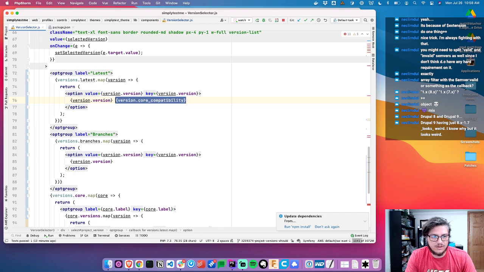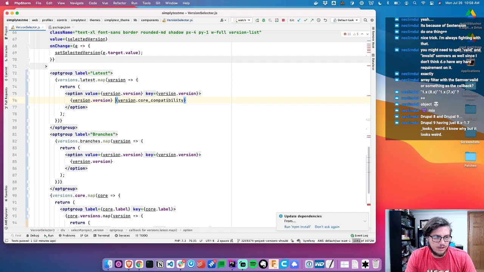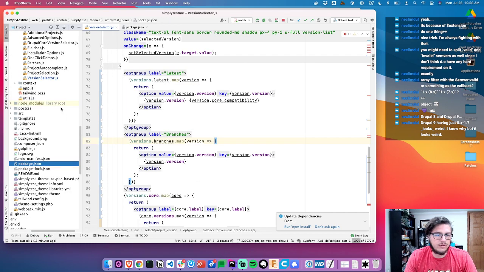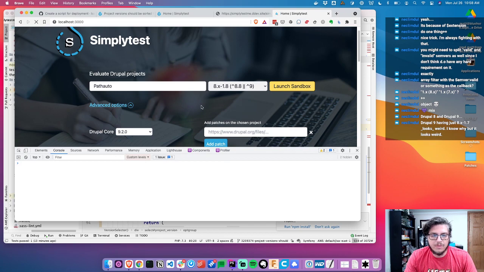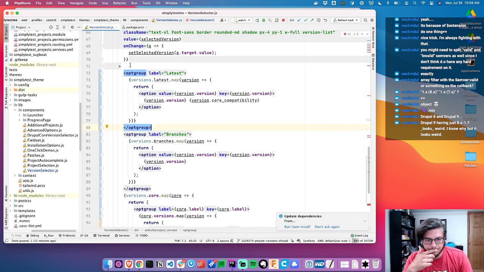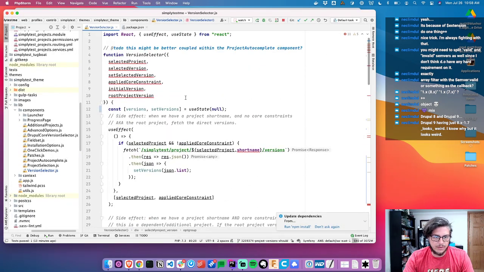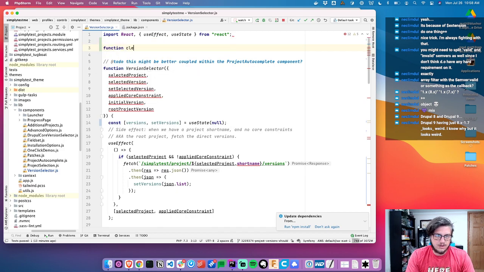That's not right, because that will be messing everything up. When I say messing everything up, semantic versioning won't have that in it. So I guess we could just make a function. Function clean version without core modifier. We'll call it